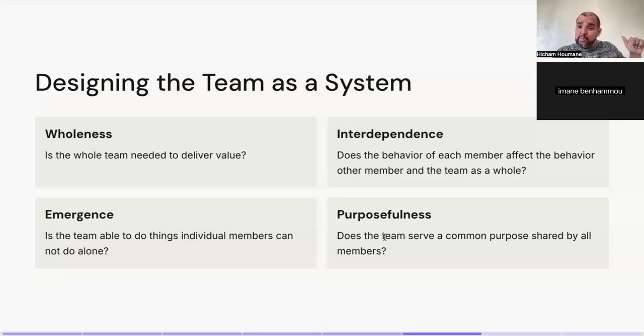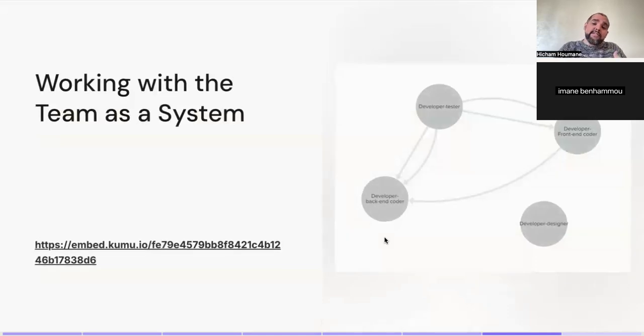Now, this is the case where we want to design a team and we want to use properties of a system to design a better team. The situation we find ourselves most of the time is that we are working with a team. Somebody has already decided these people, this group of people, are a team together. So in this situation,